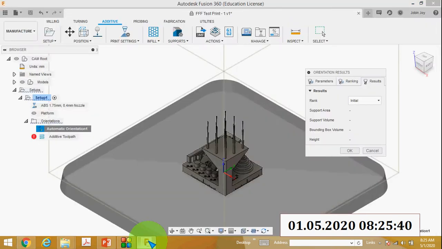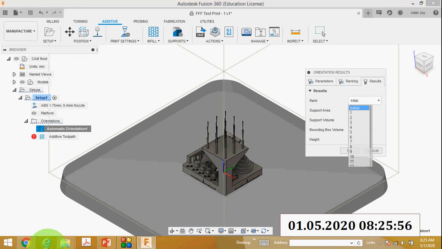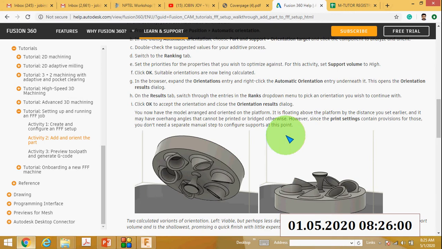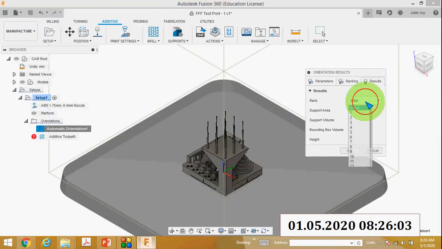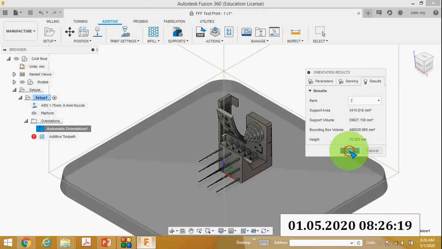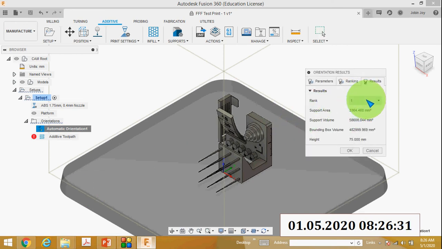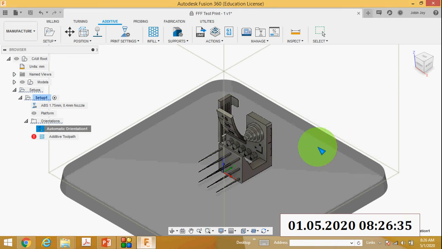Then on the results tab, the orientation results tab, switch through the entries in the ranks drop down menu to pick an orientation you wish to continue with.